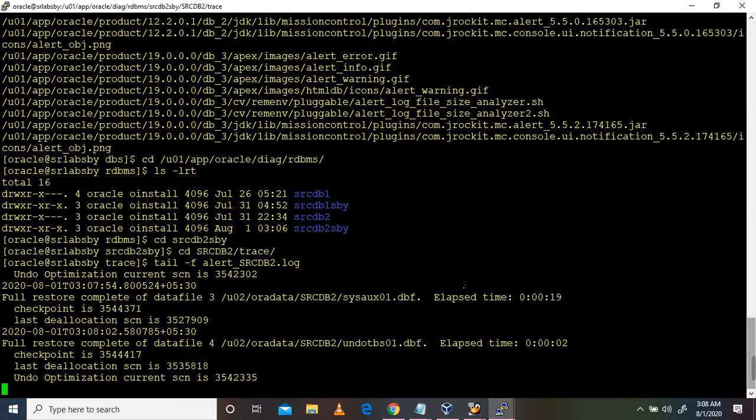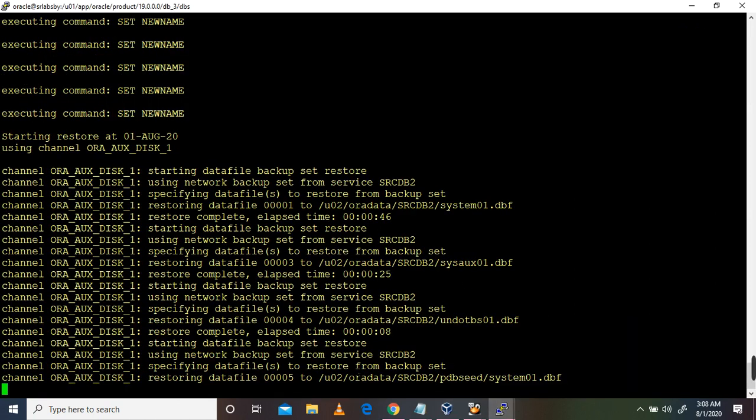You can see here the restore is going on.